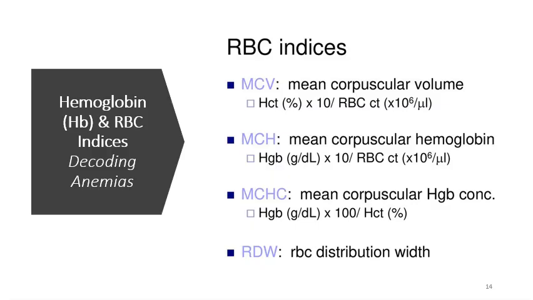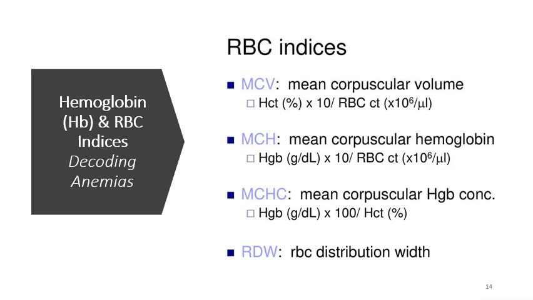So the first index is called the mean corpuscular volume. By mean, we mean the average size, and the volume means the average volume of all RBCs. The RBC count in the peripheral blood is about 5 million per cubic millimeter. So how do we get the mean of single RBCs? We make this